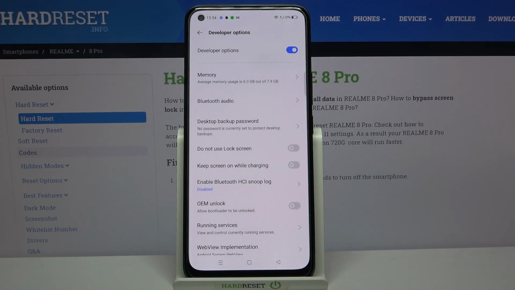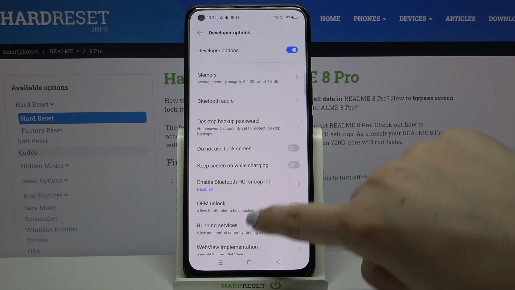If you cannot find the developer options in your device, then no worries, just find our video tutorial of how to enable developer options and simply go back to this tutorial. So if you are in the developer options, all you have to do is simply find the option